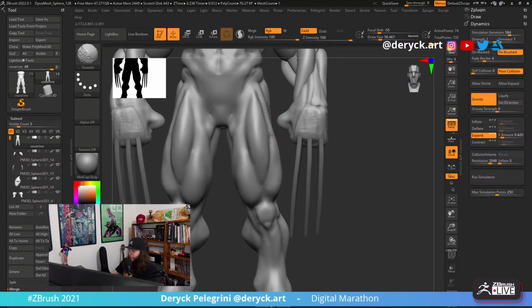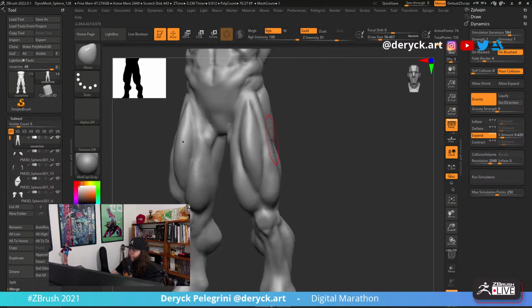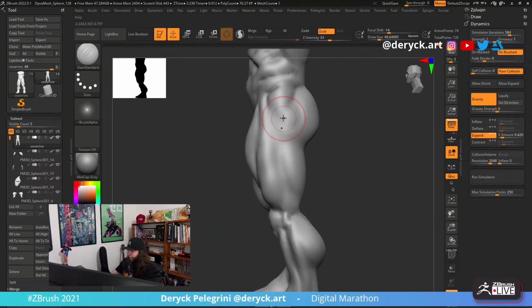Since I'm doing these sketches and doing exercises here more than anything else, I think I do a lot of this by relying on my memory.